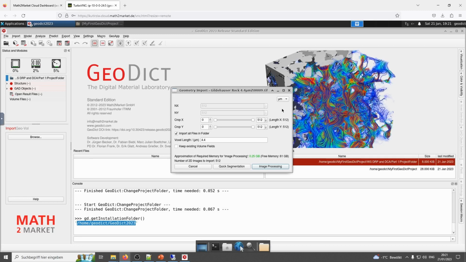Please also check if you have enough memory. If not, you can crop out some voxels in X, Y directions till you get the required memory for image processing in green.